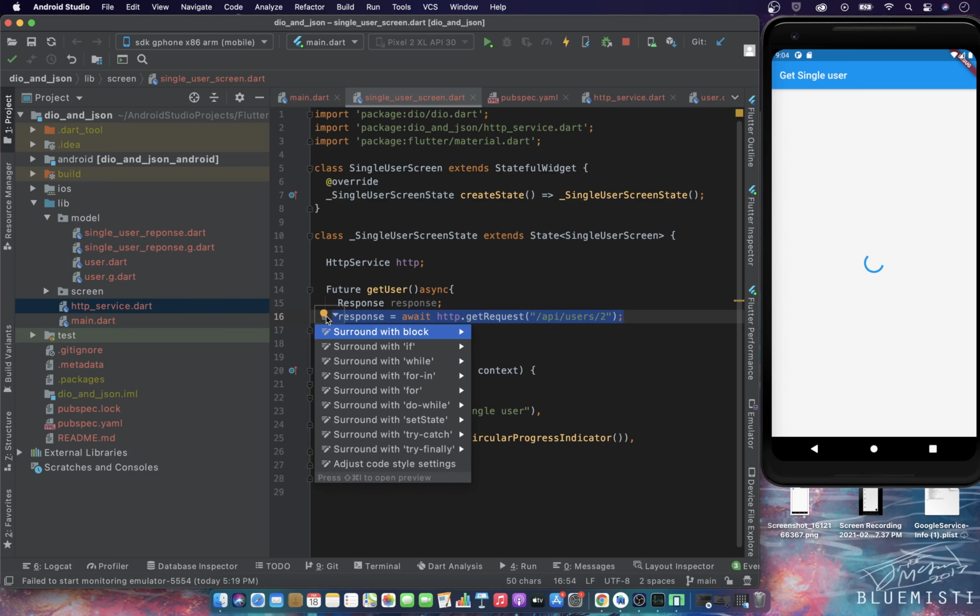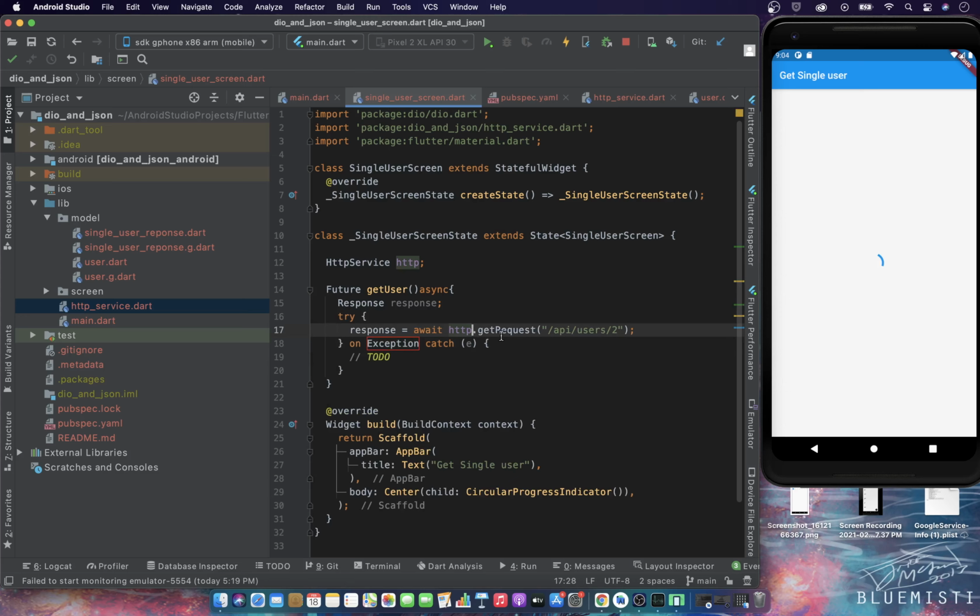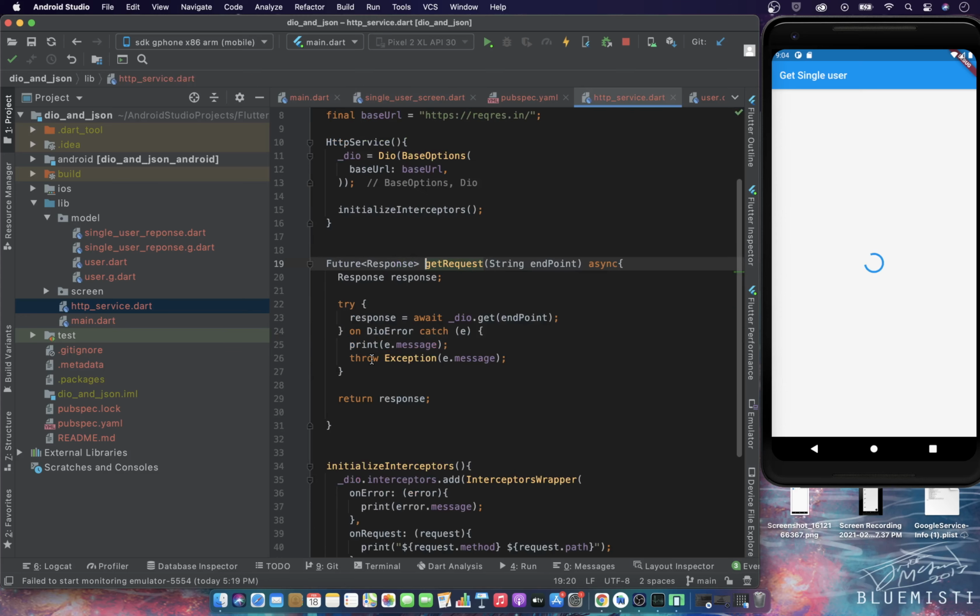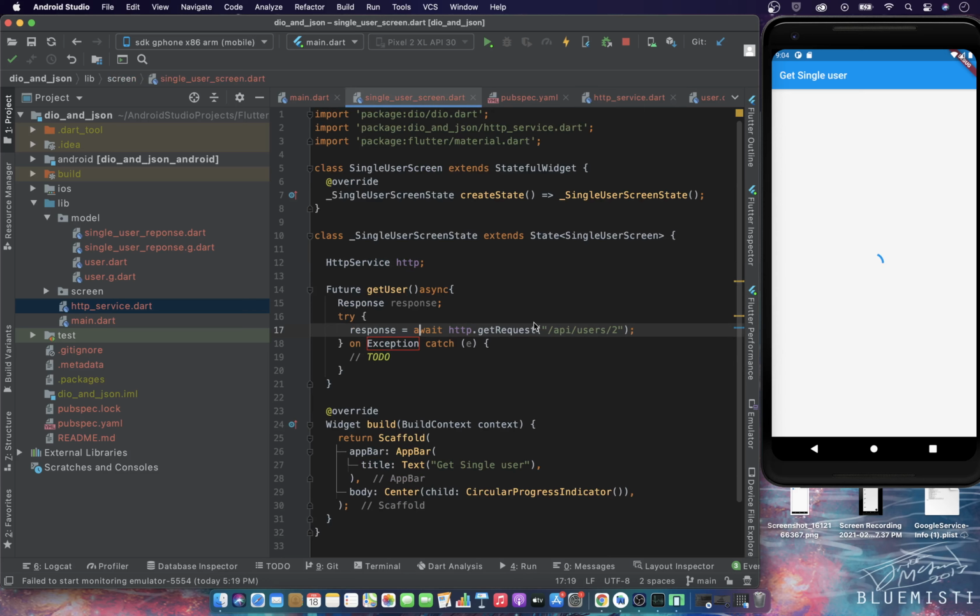Because as you know, we have thrown the exception in the get request in case we get some exception. You can see this line. So we definitely need to wrap this get request in the try and catch so that we can get the exception. So in case we get an exception, we can just print it on the screen. It's just the exception. Because we have returned a string form, we just need to print the string exactly, not the